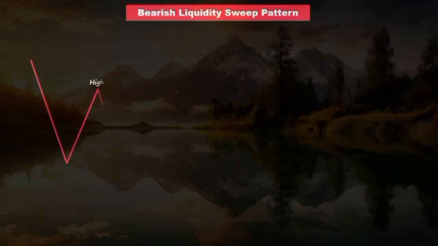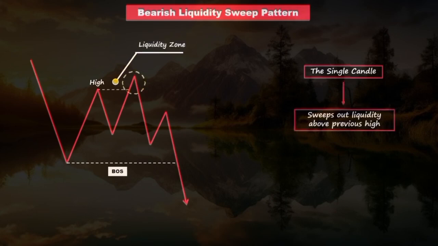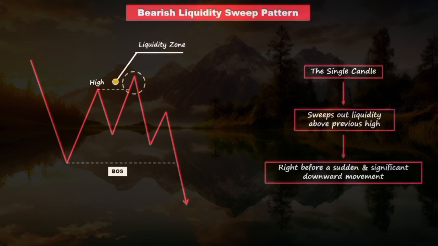in the market. In the bearish scenario, the bearish liquidity sweep pattern is formed by the single candle that sweeps out the liquidity above the previous high, including sweeping the high of the preceding candle. This particular pattern tends to occur just before a rapid and substantial downward shift in the market. We look for a liquidity sweep characterized by a long wick or body, followed by an immediate and sharp downward